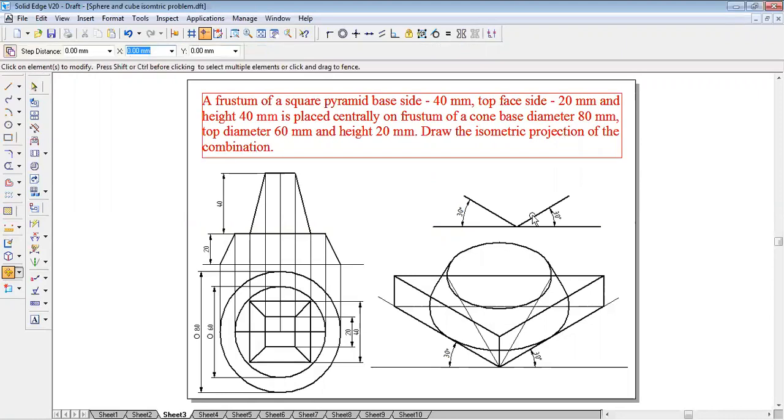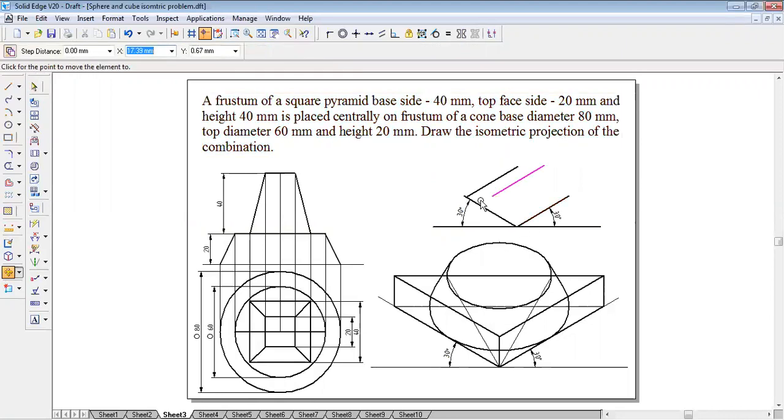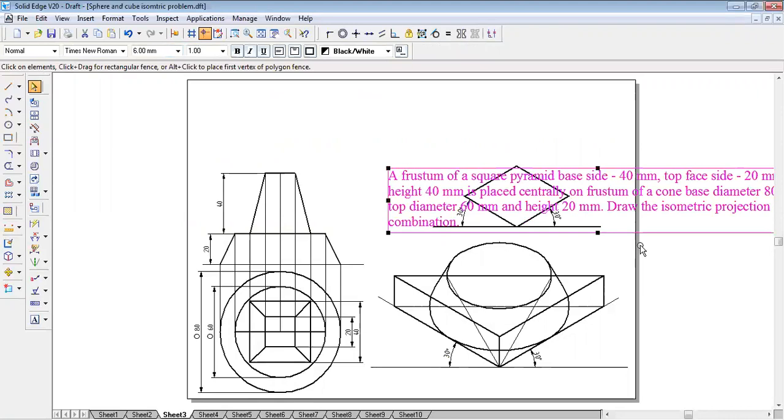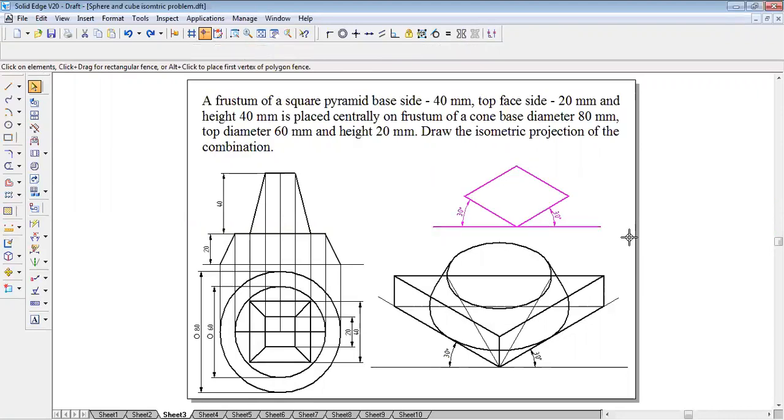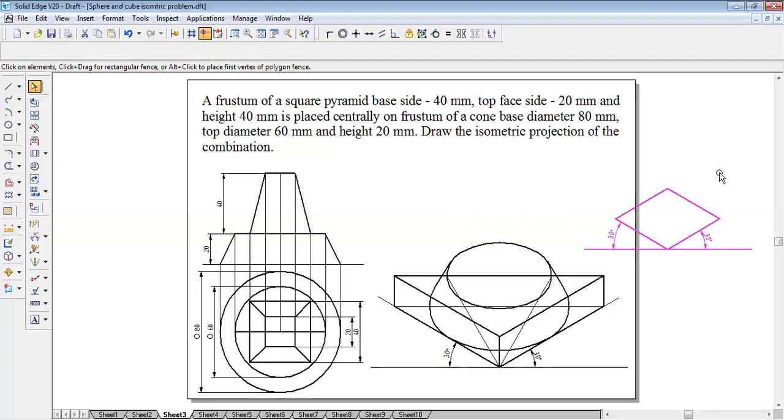Move, copy command, select the object here. Move, copy from this point to this end point, this end point to another end point. This is the base portion of the pyramid.